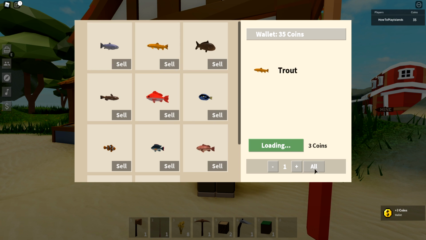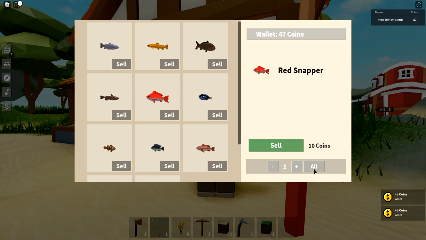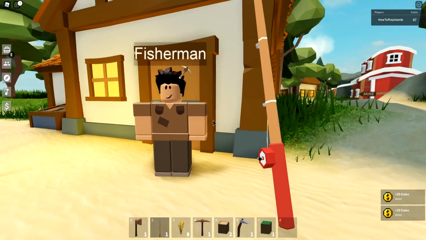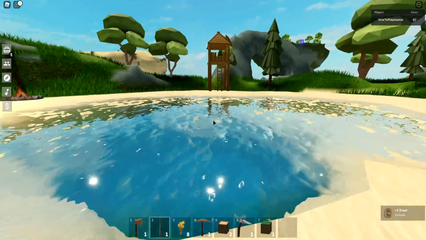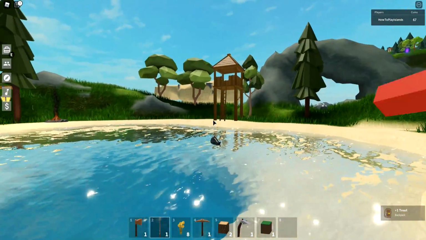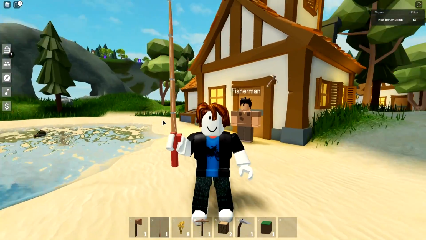So here you can see I've got some salmon. I can sell that. I can sell these and that. I can also sell, I've got one of those. So you can see I just made some more coins. So this is a great way for you to be able to make money. So I could just keep fishing for hours, right, if I wanted to. If you kind of got bored of that, which I usually get bored of very quickly,